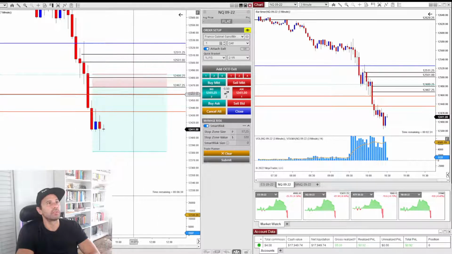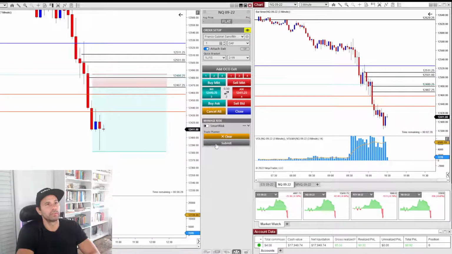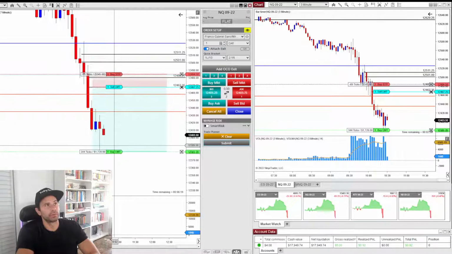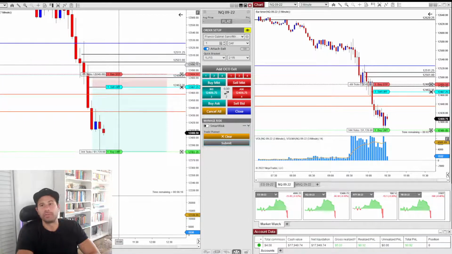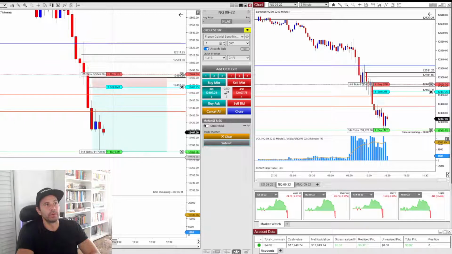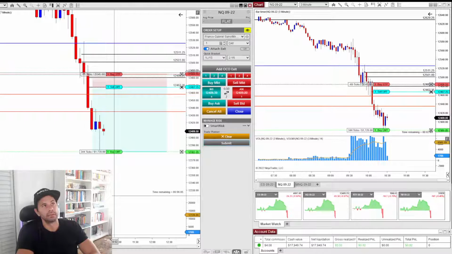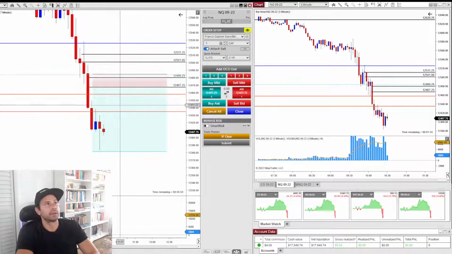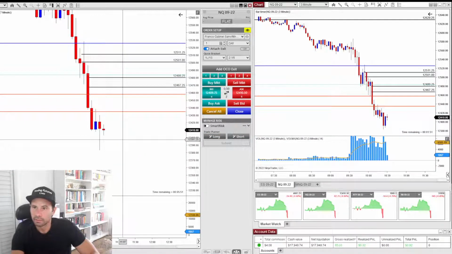The position size, yeah, let's turn this up. If I click submit, this is my order that is alive, right? And these two are virtual orders waiting to be filled. When this order is filled, they turn into real orders. This is my target and this is my stop. That's why you saw I was buying, but I really wasn't buying. It was my target. Did I answer your question, Tom?